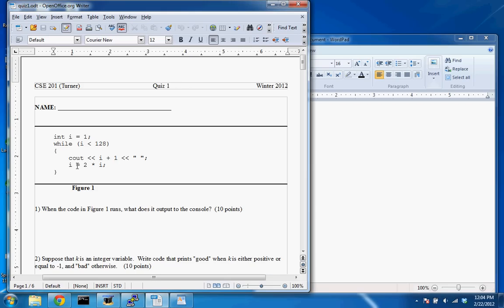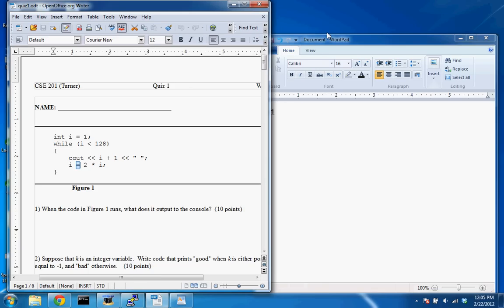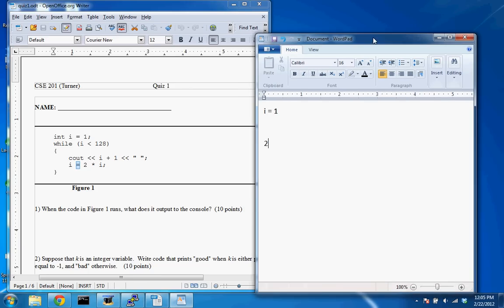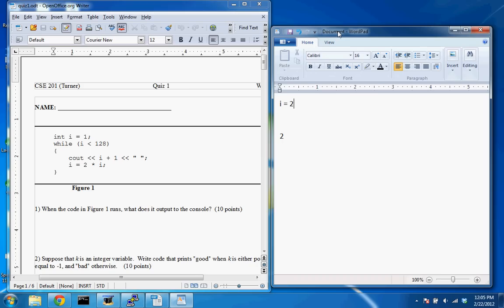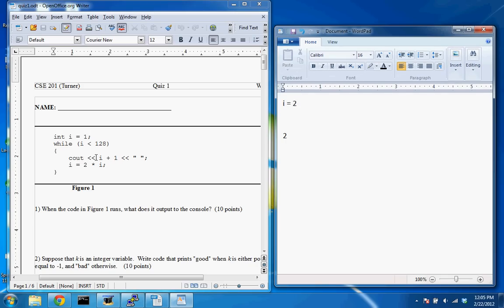But here we're setting I because we have assignment. And what are we setting I to? Well, we're setting I to the value of I itself times 2. So if I is 1, then 2 times 1 is 2, and so I becomes 2. Now we don't print anything, so you have to do this one step at a time. And now that's the last statement in the body of the loop, so now we need to reevaluate the loop condition. The loop condition is still true, so we'll execute the body of the loop, compute I plus 1,